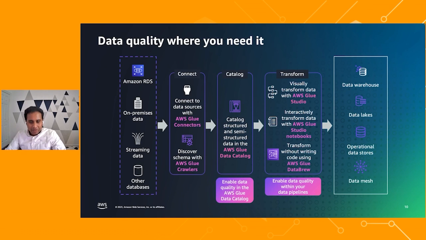The second place that you can actually operationalize this is in your ETL pipeline. You can go to your notebook jobs or your Glue Studio Visual jobs, add a data quality transform, write all your rules, and then run them. It can help you identify which records are good, which records are bad, so that you can filter all the bad records, you can get all the good records and pump them into your repositories so that your customers can make confident business decisions and be assured that there is not any issues in your data.